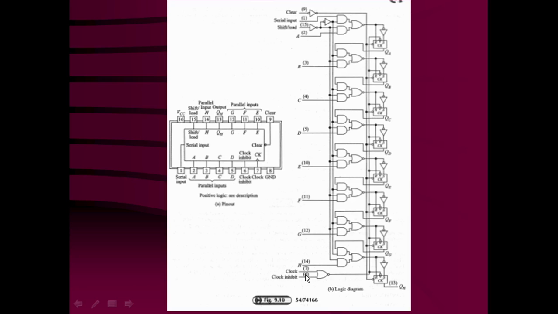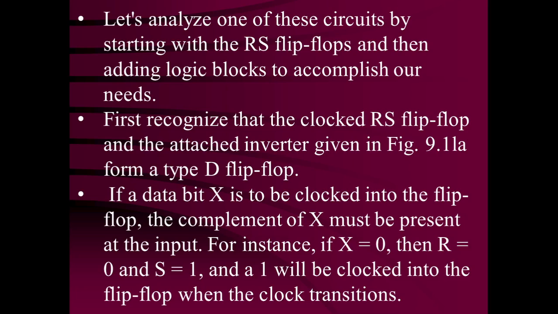Clock inhibit is going to be high. What will be the output of the NOR gate? Output of the NOR gate is going to be 1. That means the clock cannot enter through the other inputs of the NOR gate. So clocks are stopped from reaching the flip-flops, and that way the flip-flops hold their information. The previous content is going to be held, or stored. So this way this IC is going to work.